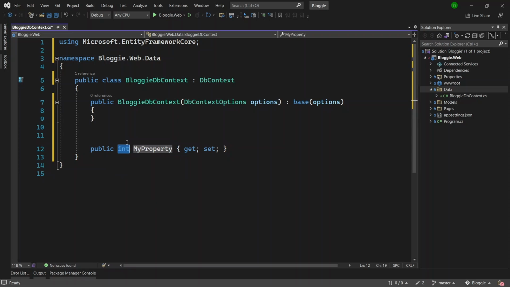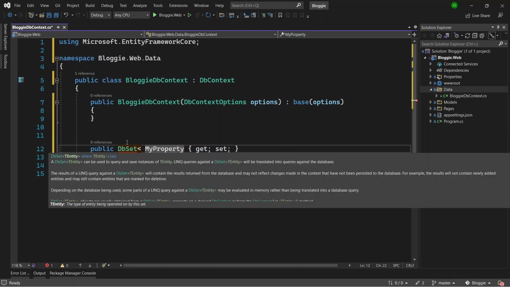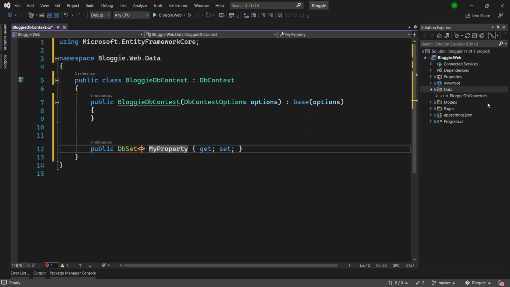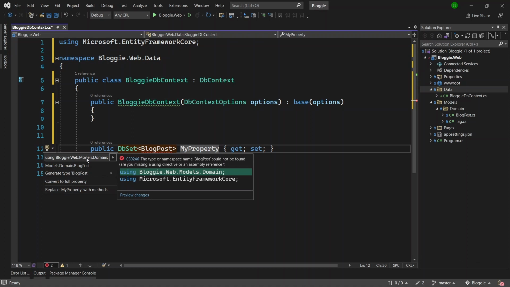Now this property should be of type DbSet, and a DbSet class represents an entity set that can be used for creating, reading, updating, and deleting operations. So we will have a DbSet property of type domain model that we have over here, which is the blog post. So I will write BlogPost, and I will import the dependencies from the domain folder,